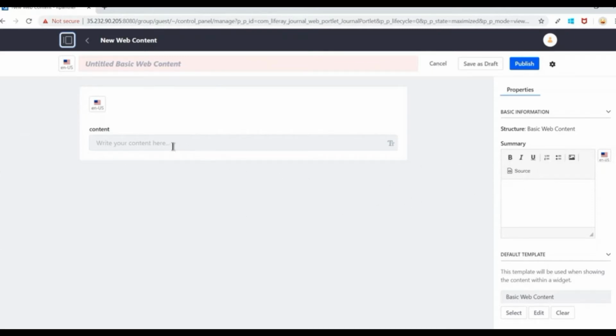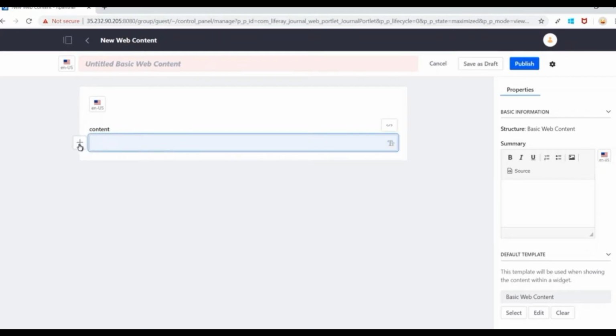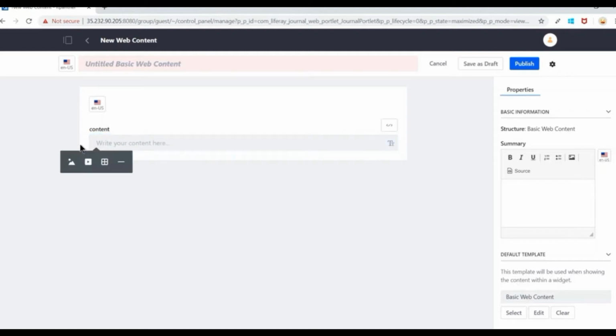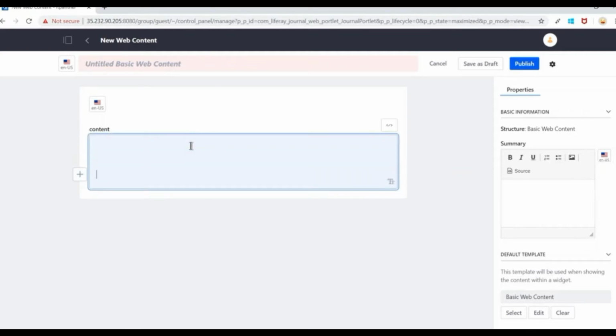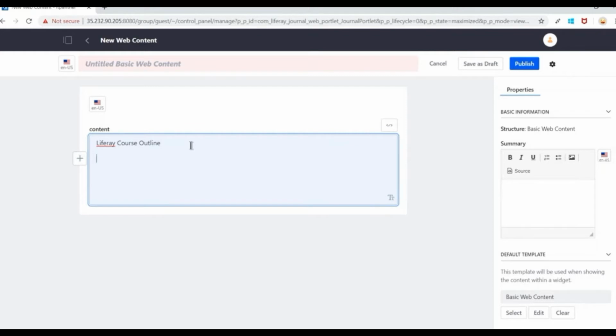Now here is the place where you can start adding the content. If you click here, you can see this option appearing which is talking about add. If you click on add, you will get an option to add image, video, tables or horizontal lines. Now here you can start typing. For example, let's say I'm going to call it Liferay course outline, and here let's describe all the topics which we are going to teach in Liferay. For example, it can be introduction, and then